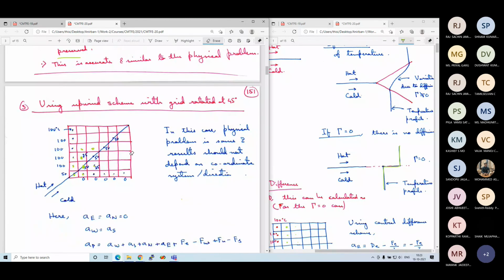It can be minimized if you know the flow direction and align the grid along the flow direction, but obviously it is not possible in most of the cases. For some simple cylindrical flow, it might be possible, but in real life problems with complex flow direction, it might not be possible. It can also be significantly less if there is sufficient diffusion, which is the case for most real life problems. So this numerical error is small as compared to that.